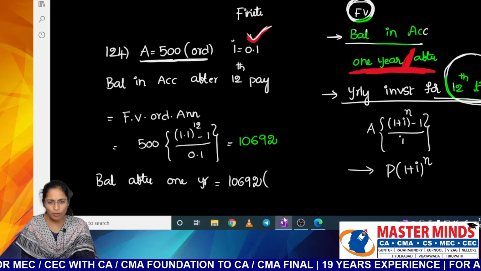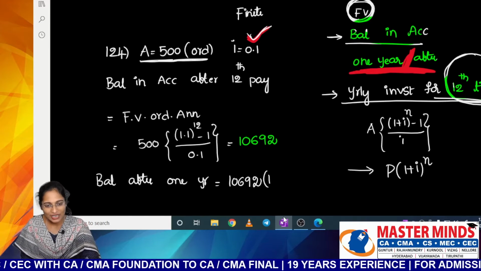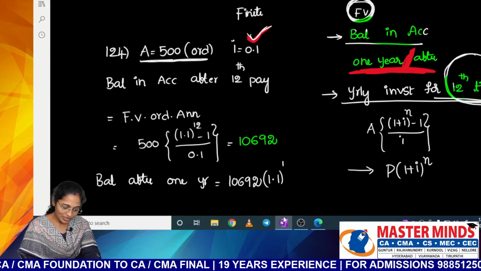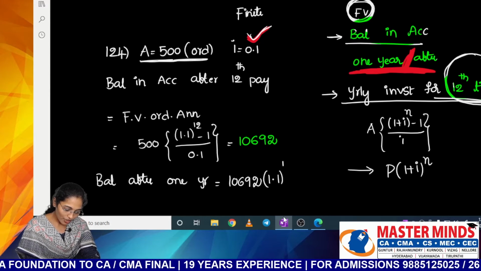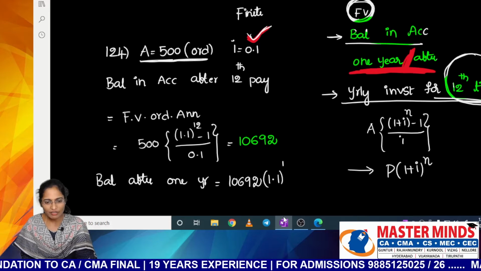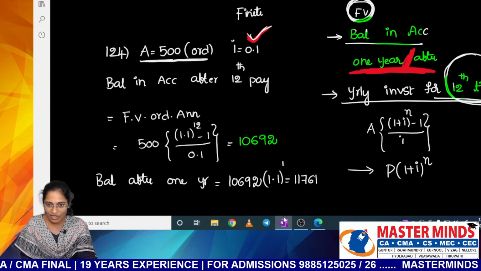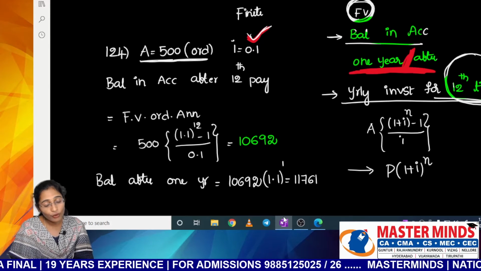10%. The bank will keep your money at the same rate of interest, meaning 1 plus i to the power 1. Everybody please calculate 10,692 into 1.1. Have you got 11,761 again? Yes, this is how you can solve the question in a simplified manner, even after 2 years or after